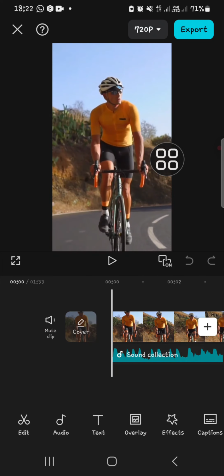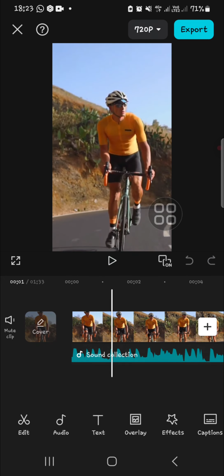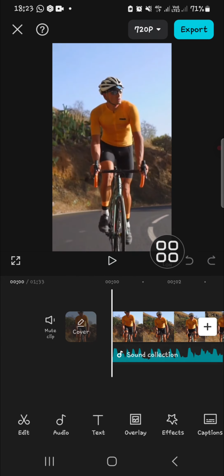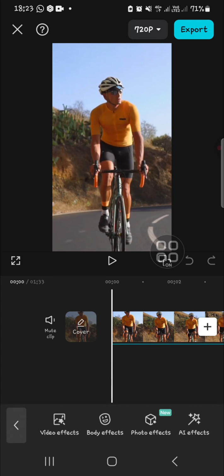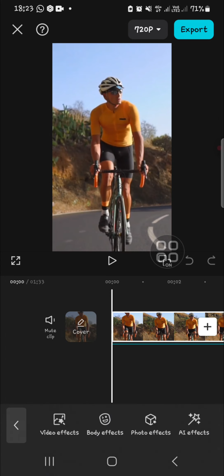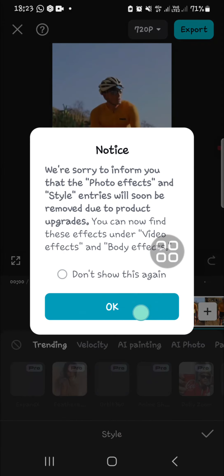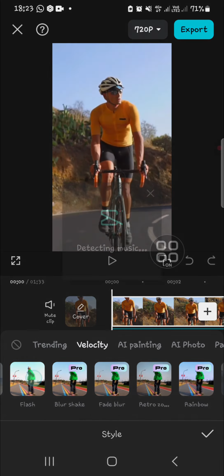First of all guys, I'm going to create velocity edit for this video. As you can see, I have added music or sound to this project. Okay, I'm going to create velocity effect. If we want to create velocity effect, we can click on the effect and then select the photo effect. Okay, and then we're going to go to the velocity. Oops, sorry guys, we need to tap on our video first. Go to effect and then go to the style and then select velocity and select the flash velocity,